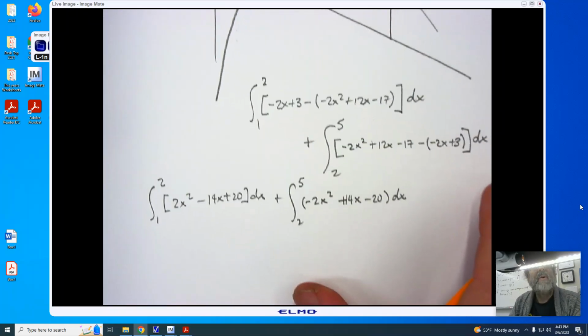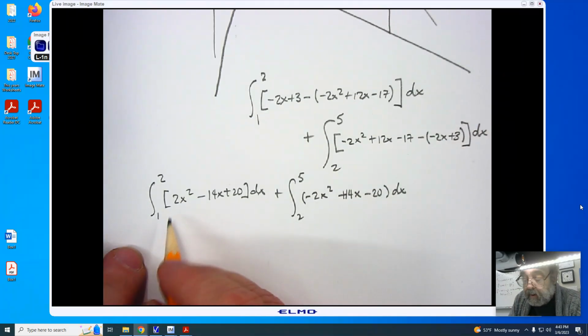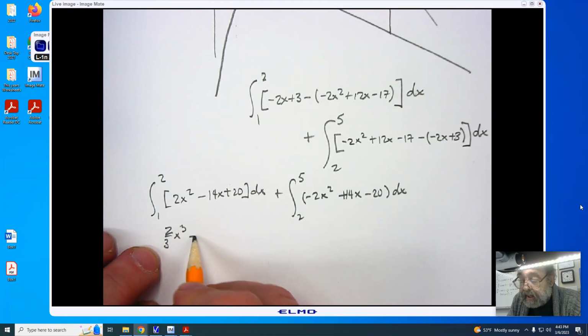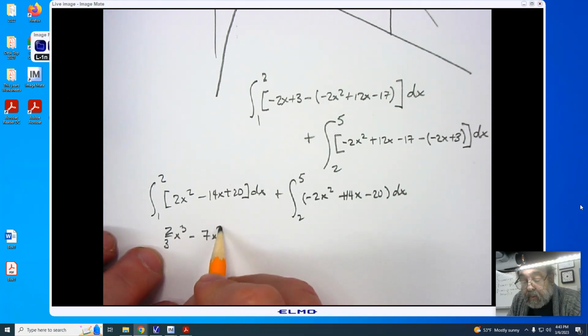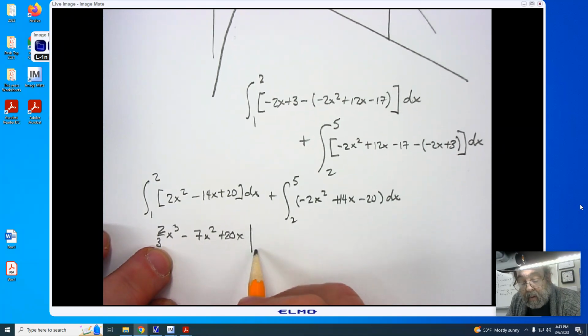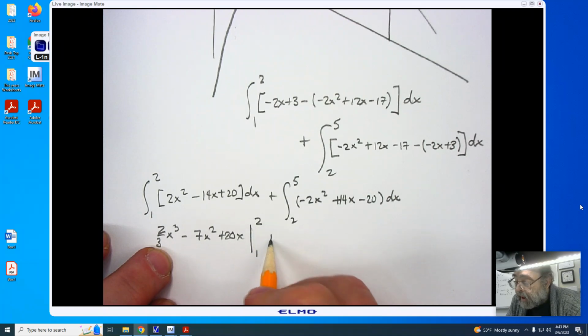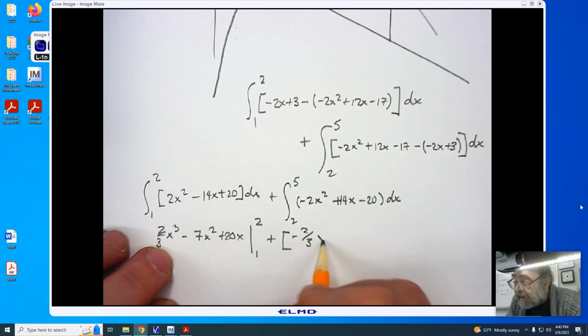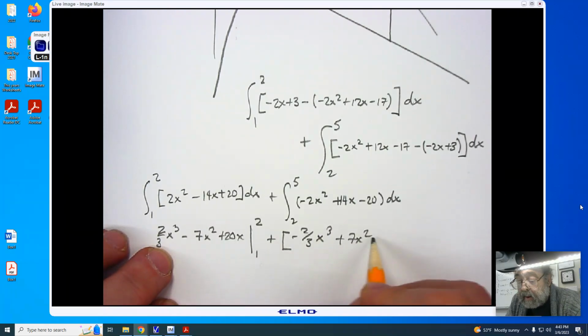Now putting this into our form, you'll notice we get 2/3 x cubed minus 7x squared plus 20x from 1 to 2 plus, this is giving me negative 2/3 x cubed plus 7x squared minus 20x, and this is